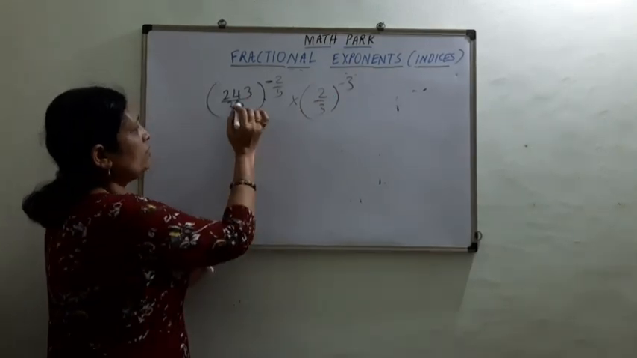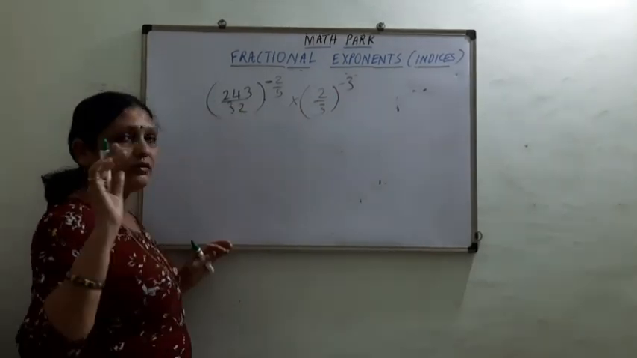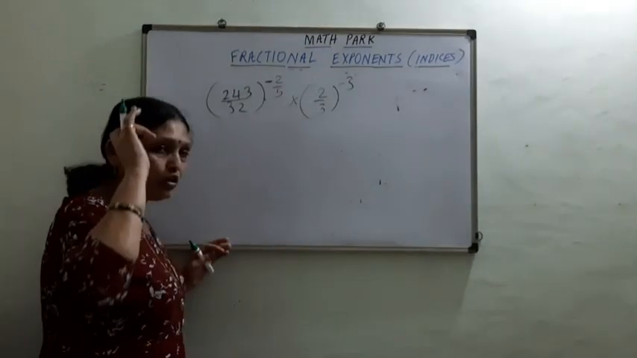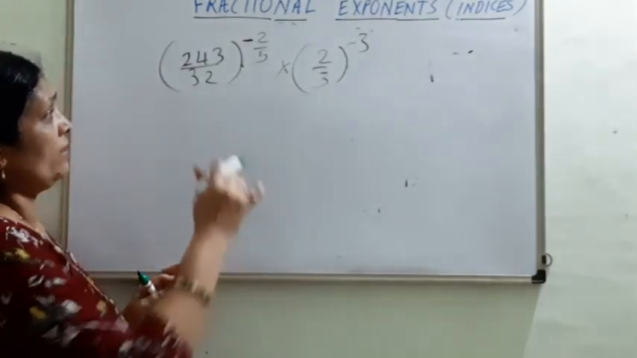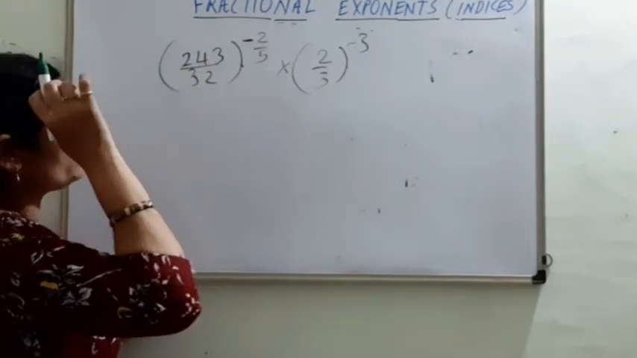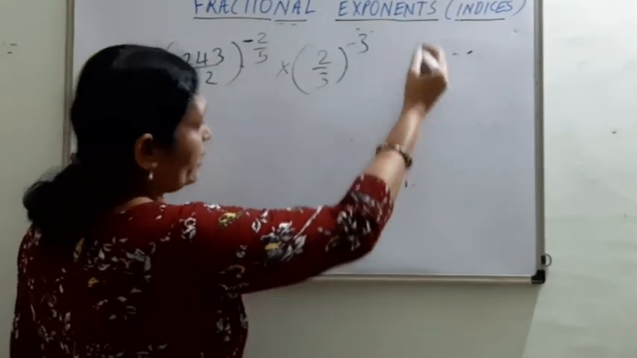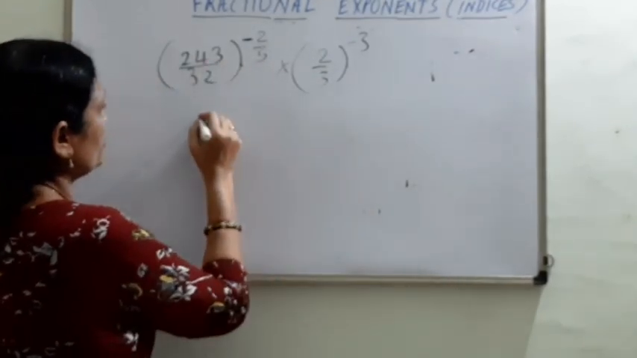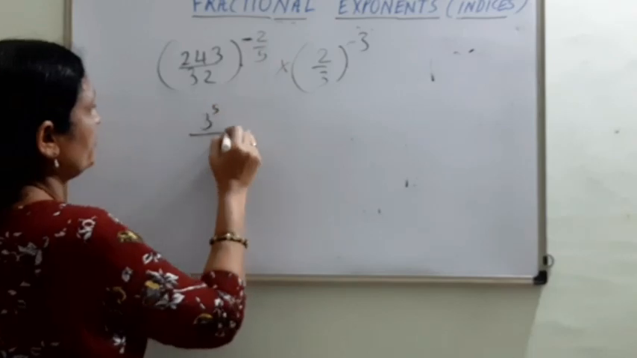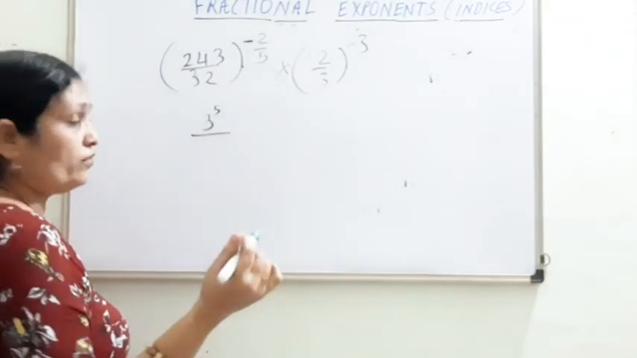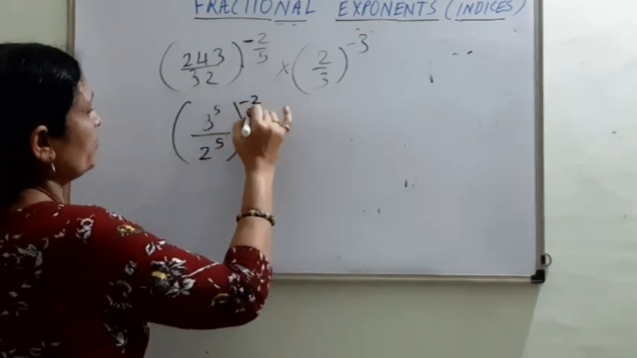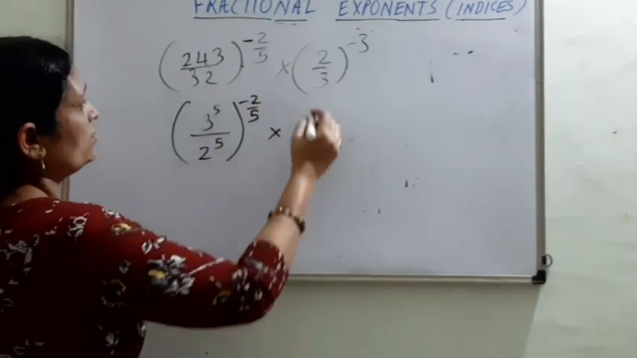Okay, now 243 must be some fifth power of some number, definitely, and 32 also must be fifth power of some number. Now 243 is fifth power of 3. For that you can divide it, find the prime factorization and find out. Instead of 243 we can write 3 to the power 5, and 32 is fifth power of 2. So 2 to the power 5, this whole raised to minus 2 by 5 into,